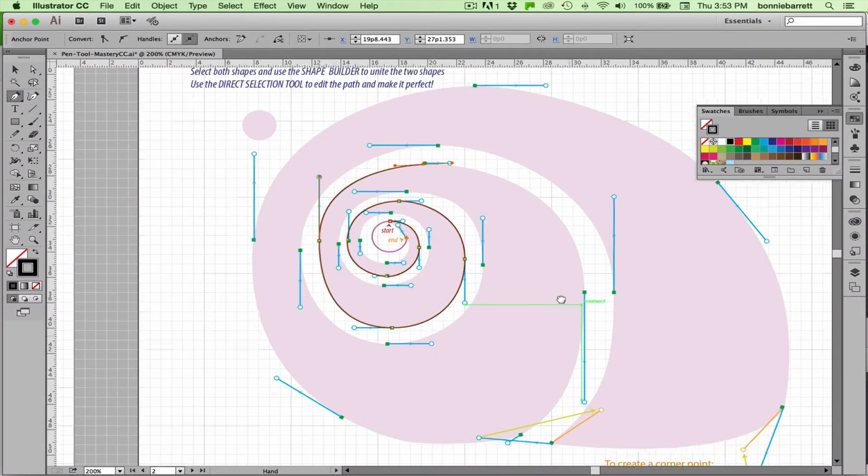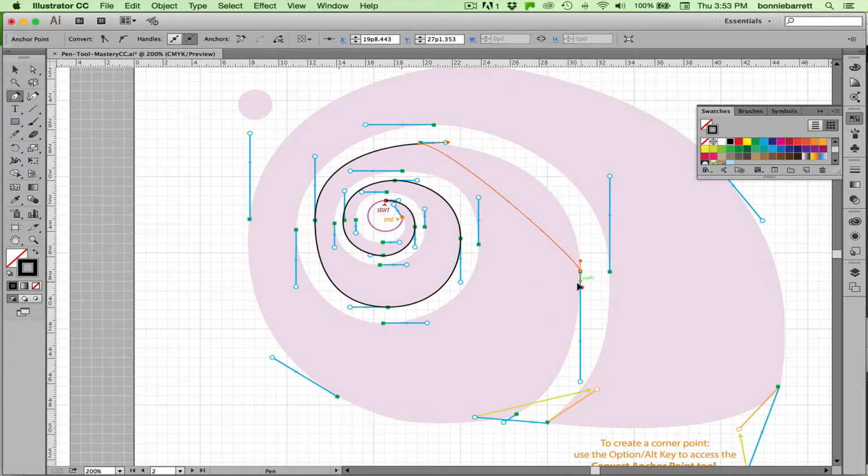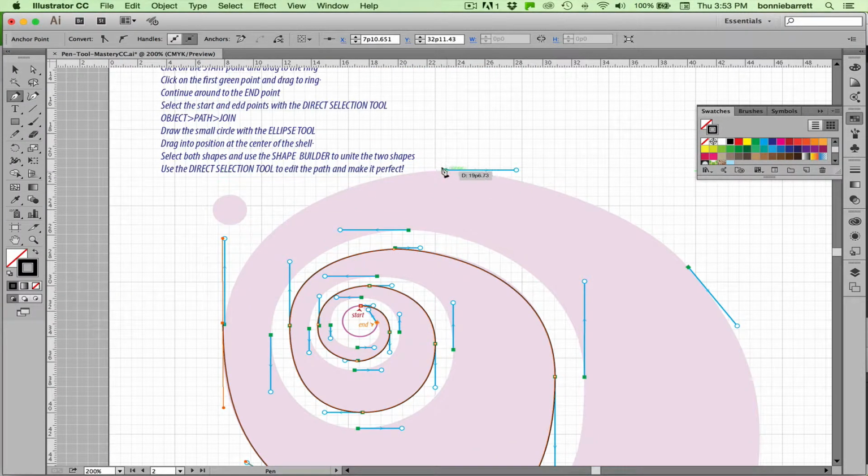You notice I do a long drag for a long curve and a shorter drag when I have a shorter curve. Eventually you'll get a real great, almost intuitive feeling for how far you should drag on any given curve, and that just takes a little practice. Clicking and dragging,